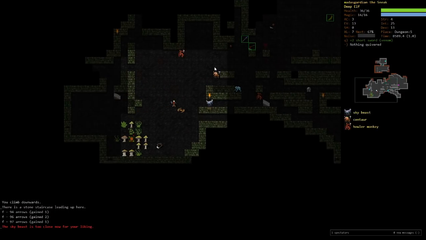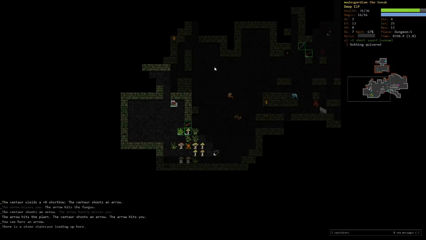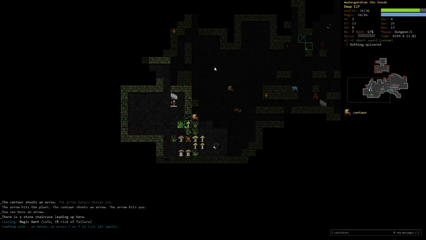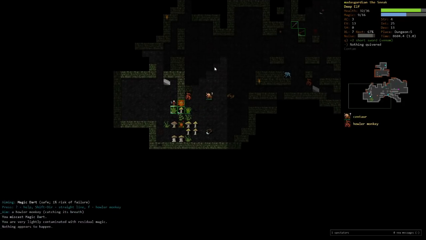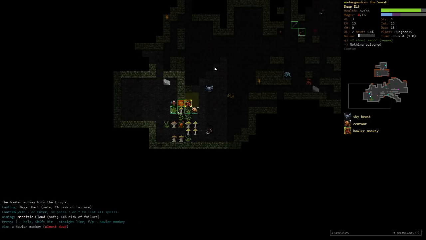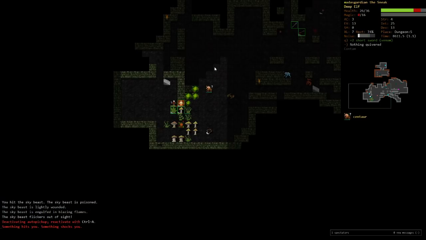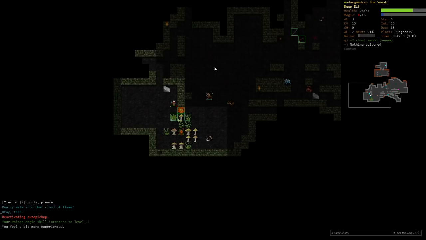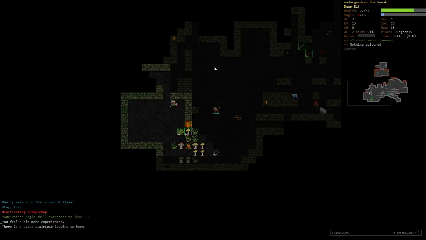Let's see. Okay, here comes... Yeah. Leave me alone. Okay, looks like we confused him. We could put down a Conjure Flame. Do another Mephitic Cloud. And another Mephitic Cloud. And we have no magic, so hopefully this... No, I do not want to... Okay, I think it died,